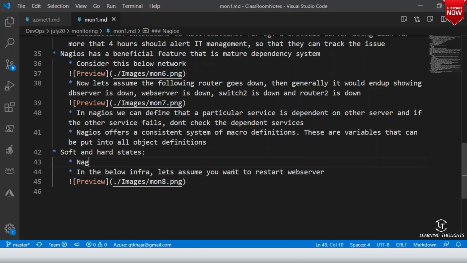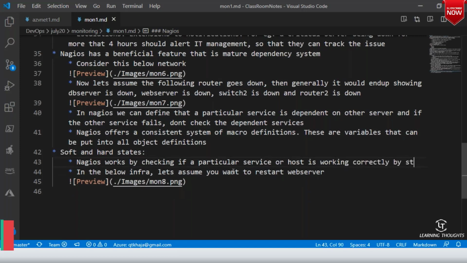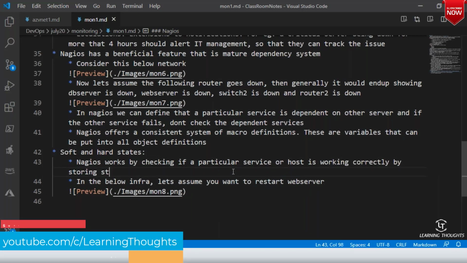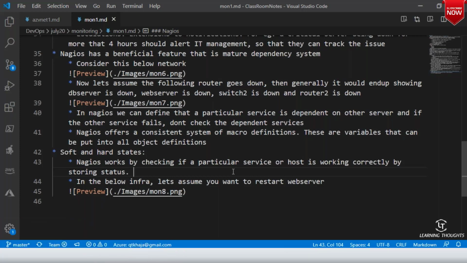Nagios works by checking if a particular service or host is working correctly by storing the status, which might be one of four values.